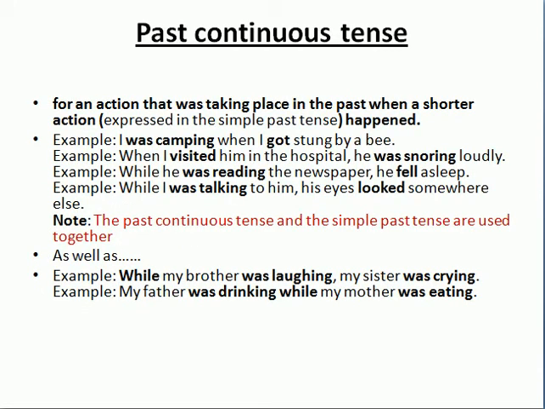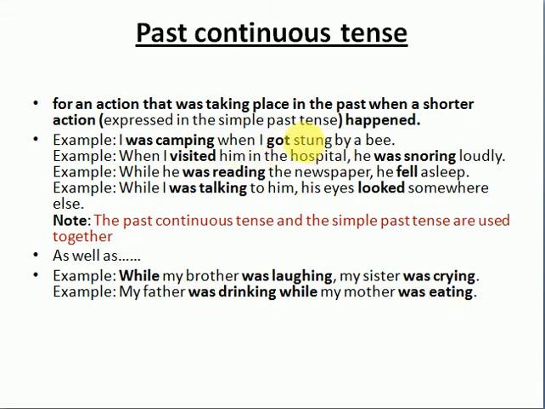Okay, next, past continuous. Past continuous is used to indicate an action that was taking place in the past when a shorter action happened. So mostly जब हम past continuous का कोई भी action लिखते हैं तो वो जब दो actions को हमने इकट्ठे लिखना होता है कि definitely जब आप बताते हो कि past में क्या हो रहा था तो उसके साथ हम usually बता देते हैं ना कि जब भी कुछ और भी हुआ. तो जब इन दो एक्शंस को हम आपस में कंबाइन करके लिखते हैं तो